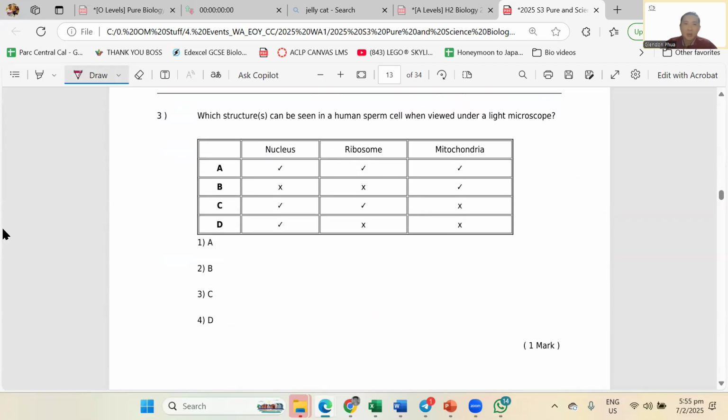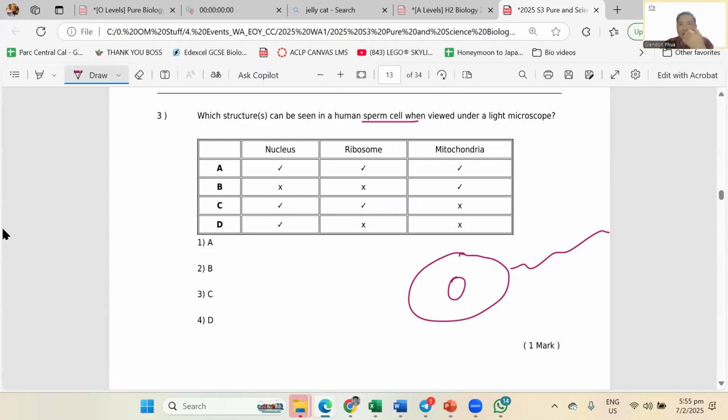Now, question 3 over here, same thing. Which structures can be seen in a human sperm cell when viewed under a light microscope? What's the trick? Light microscope, I draw what I can draw in a cell. My art skills are very lousy. I got the cell surface membrane, I got the nucleus, sperm cell, I just draw one tail lah. So that's all I can see. Does a human sperm have chloroplast or not? Please don't tell me yes. We are not plants. We don't shoot seeds. We shoot sperm. The male produces sperm, then what is ejaculated is sperm. So there's no chloroplast inside here.